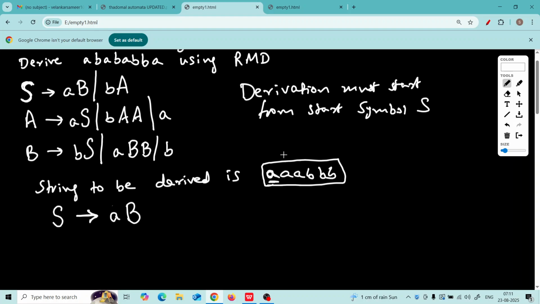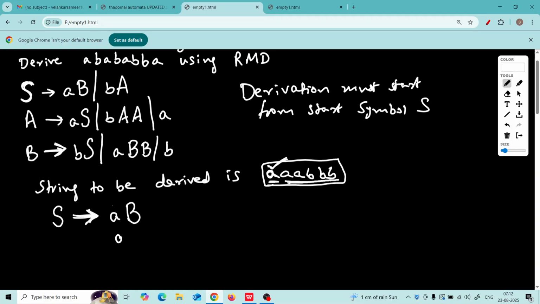Now the success is, after this step, we have got the first a of our string generated. Remaining string aaBBB, one a has been generated, remaining string aaBBB has to be generated, correct. And only this capital B can give us something, because B can give us something, okay. Are you reading it like this? Now B should be expanded, okay. So what we will show then, below this: S is over, okay. S has been used, it has given aB.